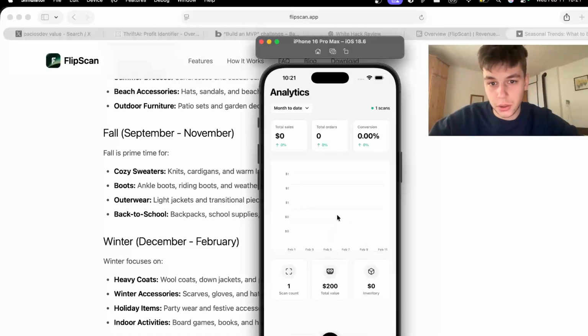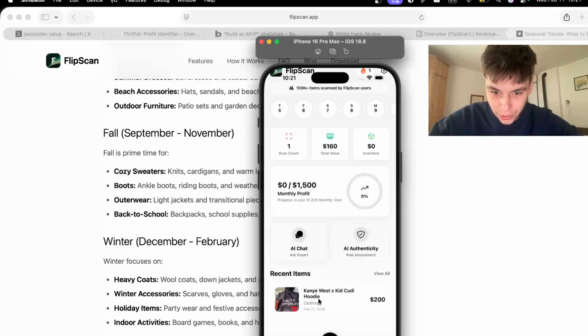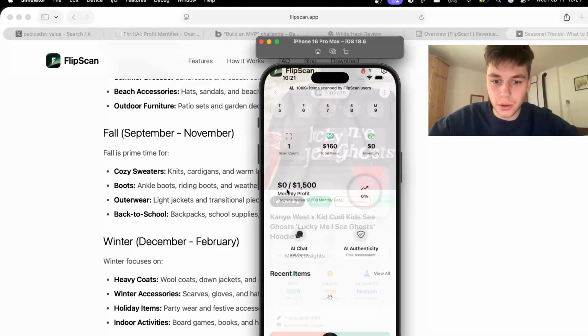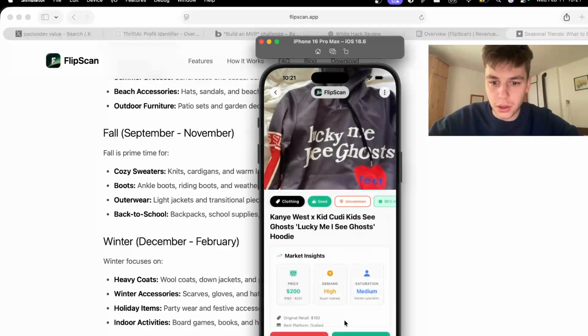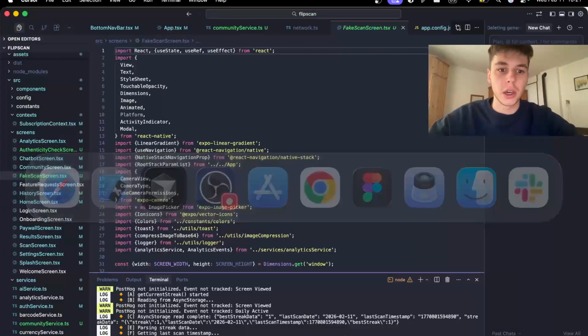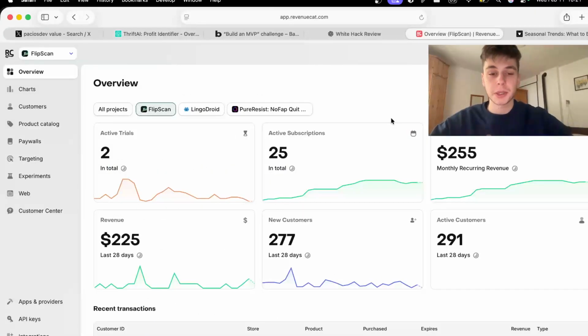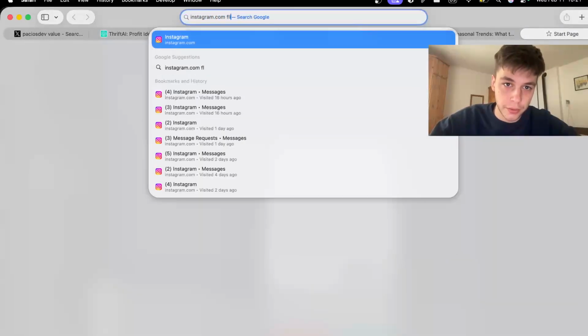All right. Right now it's buggy. I don't know what happened, but yeah. All right, I'll need to fix this. But yeah, this is basically FlipScan. How I'm getting users is actually kind of funny,